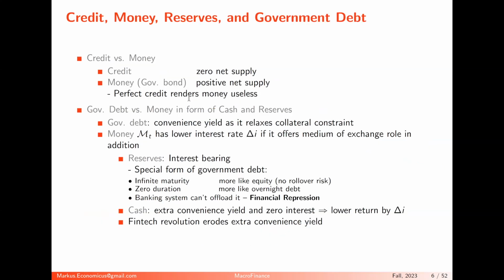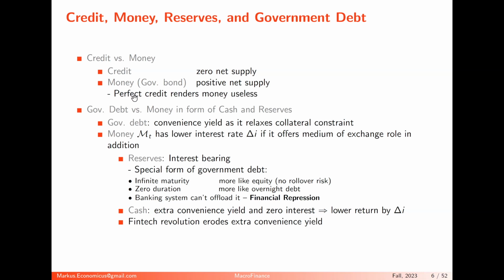Now, the next thing I would like to mention briefly is the difference between credit and money. Credit is essentially something where somebody extends credit and somebody offers credit. So credit is in zero net supply. There's a creditor and a borrower, a lender essentially. And money is in positive net supply. You can think of money, to some extent, as being in positive net supply, because in particular outside money is not, strictly speaking, legally speaking, a liability of the government. It's just provided here.